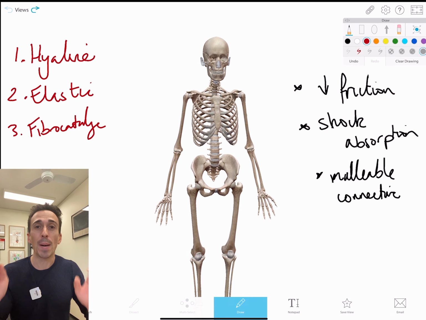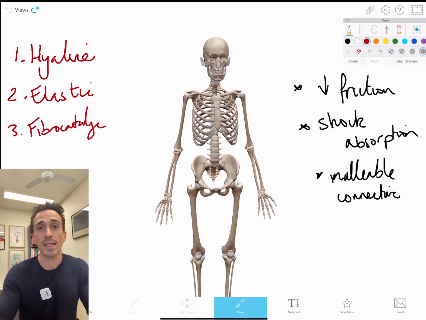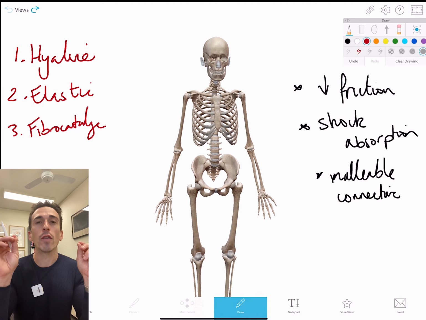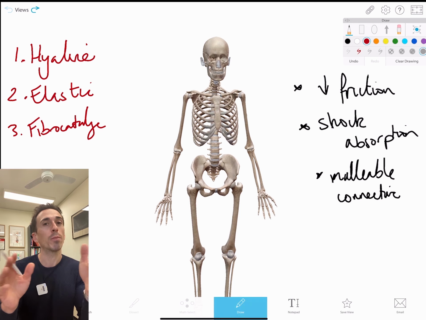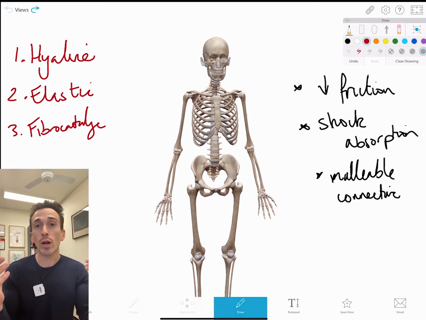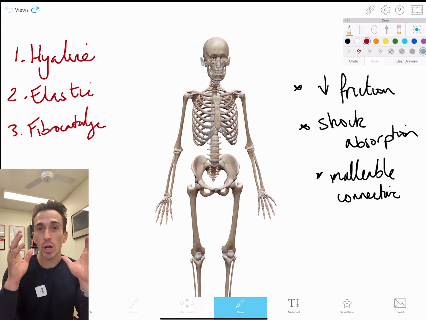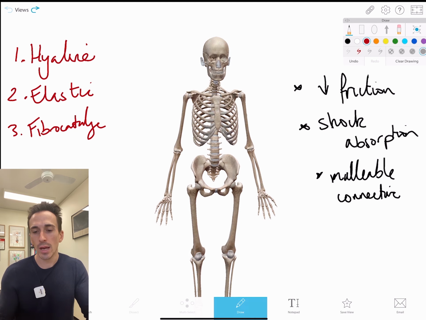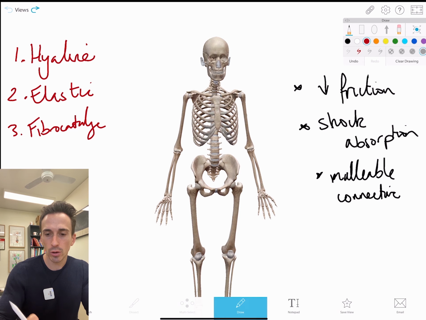This is the most abundant type of cartilage. Hyaline cartilage is found at all articulating surfaces where one bone meets another bone, particularly that of long bone. So remember, a long bone means the bone is just longer than it is wider. It's not an irregular bone, it's not a short or flat bone, it is a long bone. And so examples of long bones include,